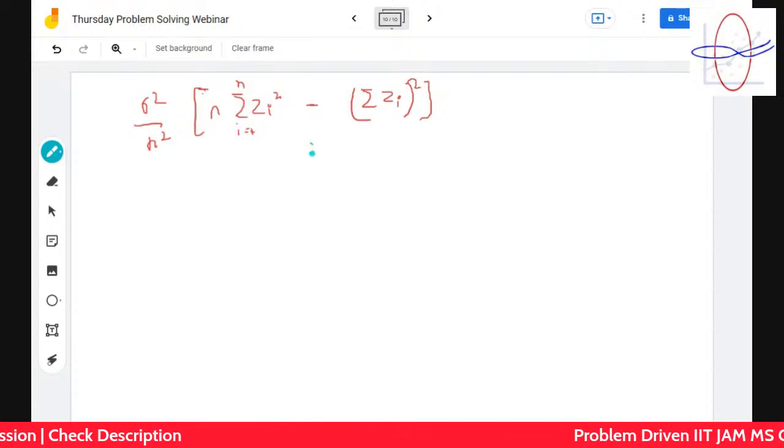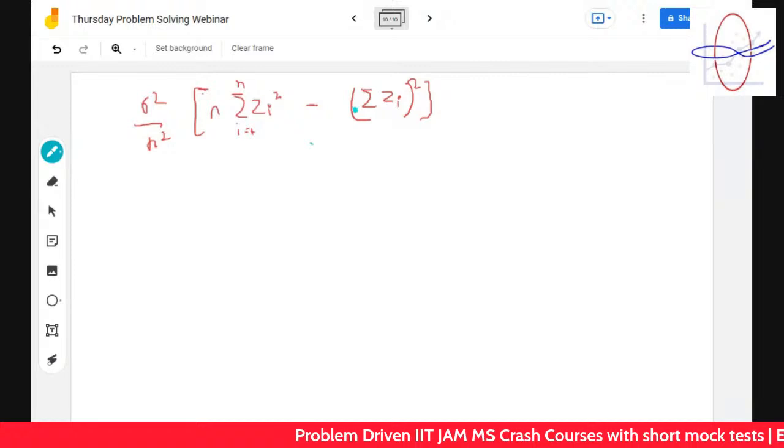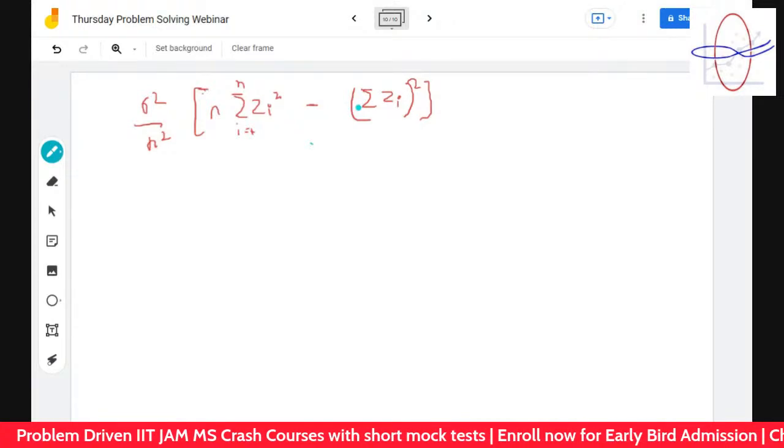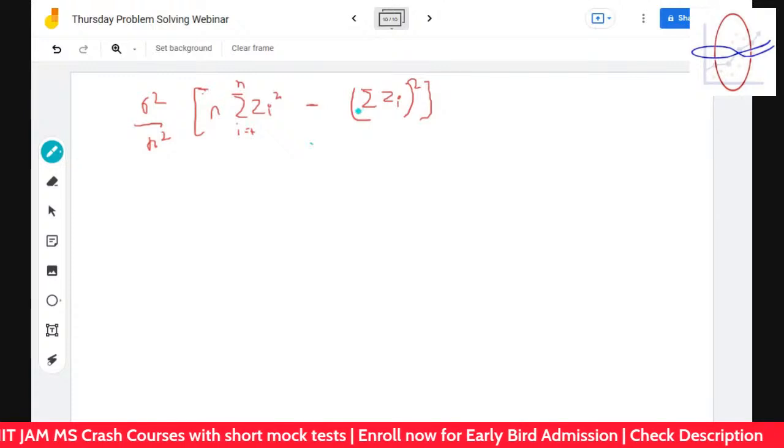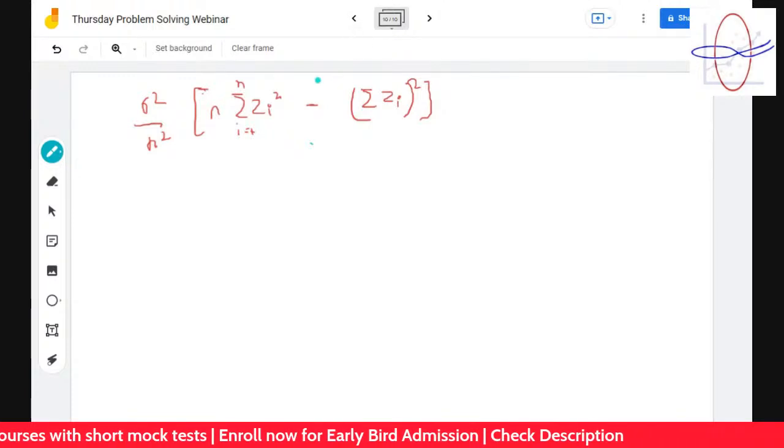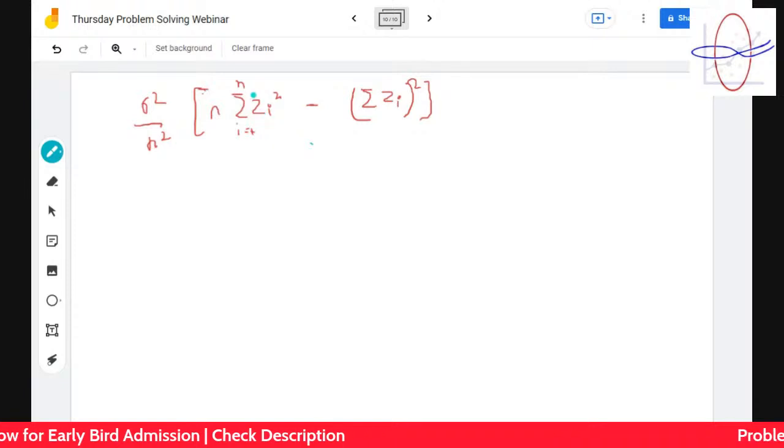So this is a bit of a problem over here. In what sense? I will tell you. We could have done it some other way also. So here, the variance is hard to get. The only reason is that here you don't know about the